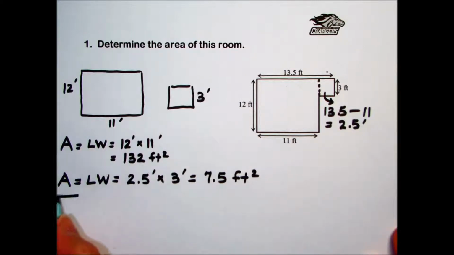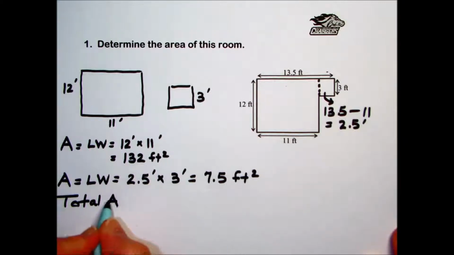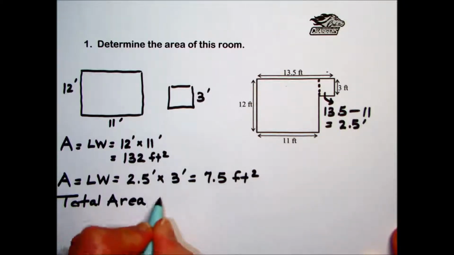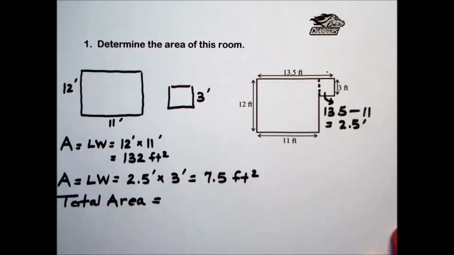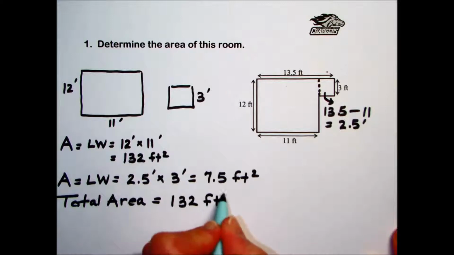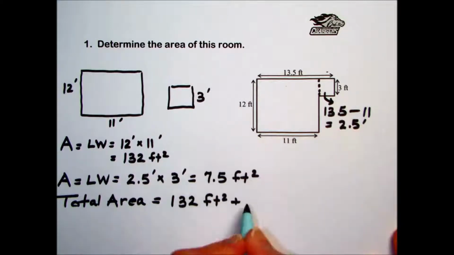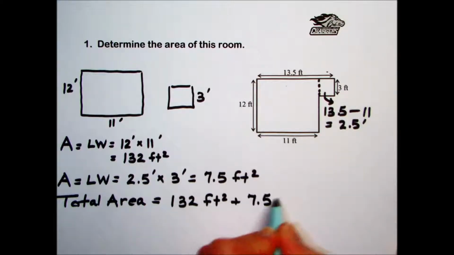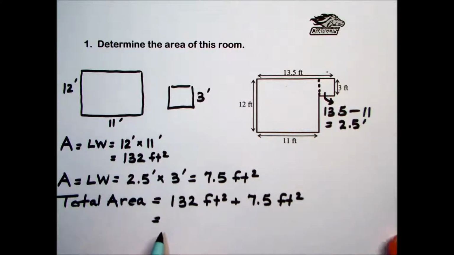We're now ready to find the total area by adding those 2 pieces together. The larger rectangular area, 132 feet squared, plus the smaller rectangular region of 7.5 feet squared, resulting in a total area for this complex shape of